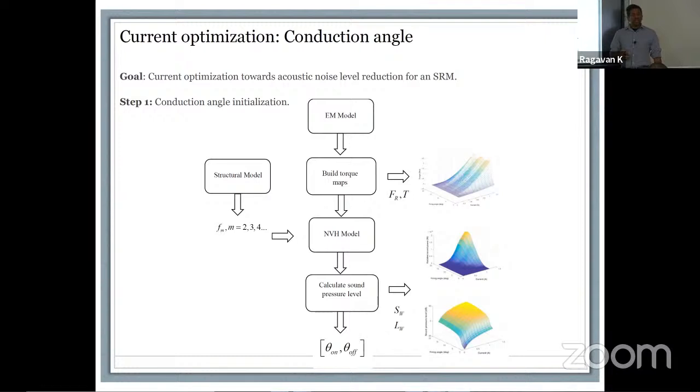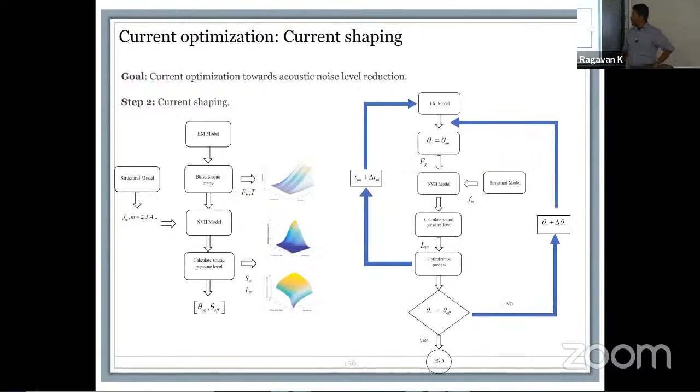Because if you do FEA, you are usually applying a current to the motor and seeing the response. What we were trying to do is apply the current, see the response, feed the information back and make geometrical changes, apply the current. So we wanted the entire system to be an automated process, all this time also combining it with electromagnetic. What we haven't done yet, like I said, is the thermal coupling, which we are in the process of working on as well. So the current shaping is a simple idea.